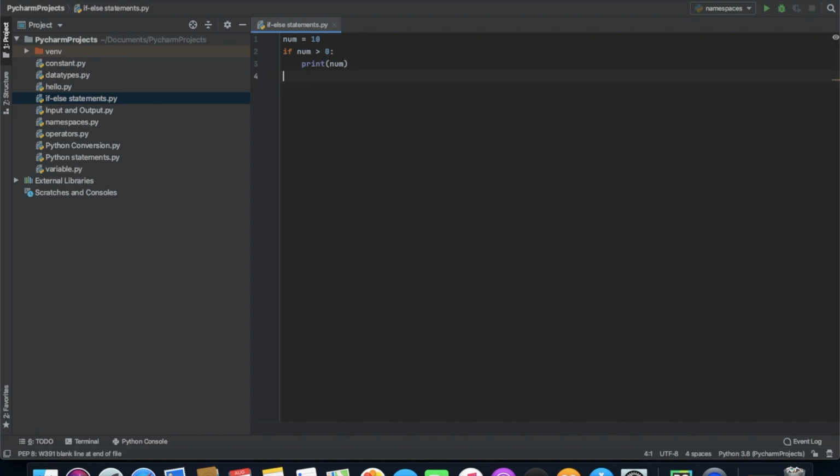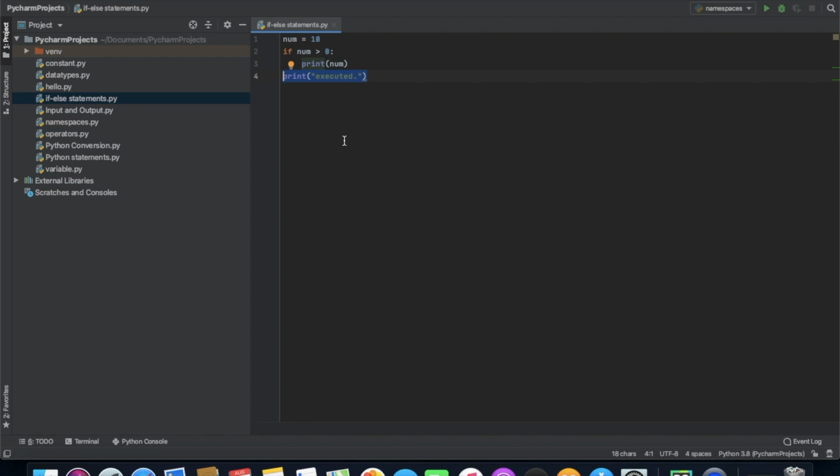So we'll be printing one more statement, which will print every time, whether the condition is false or true. If the number is greater than 0, it will print the number. Otherwise it will only print the last line executed. If the number is not greater than 0, it will only print the executed line.